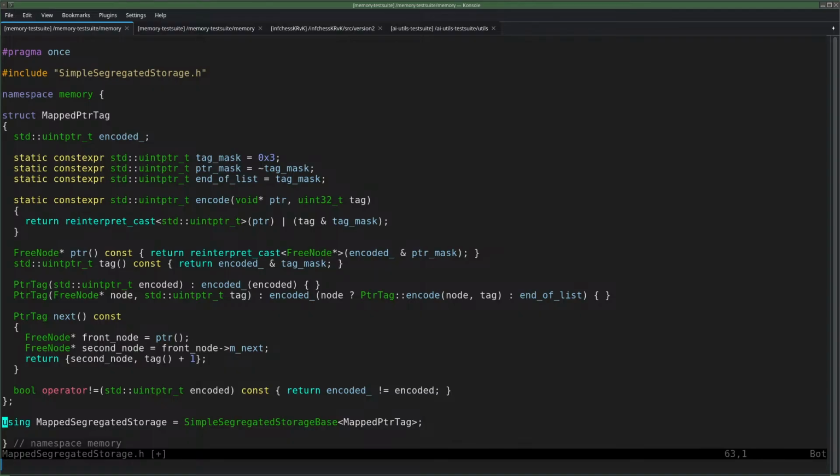And the second change, well, difference I mean with the other one, is that if we read next here, and that is null, then that does not mean that we are at the end of the file. Not necessarily. In order to know if we are at the end, my mapped pointer tag